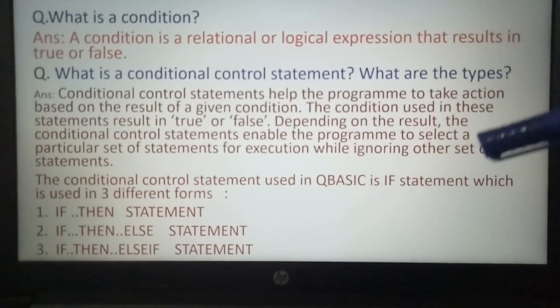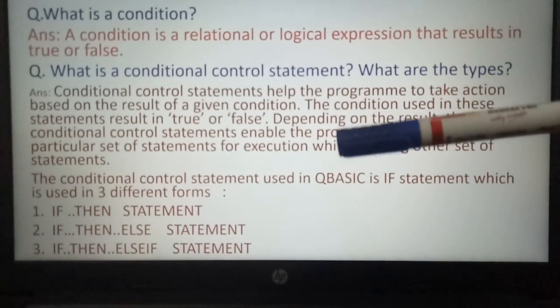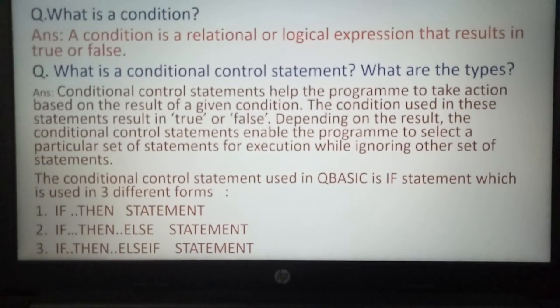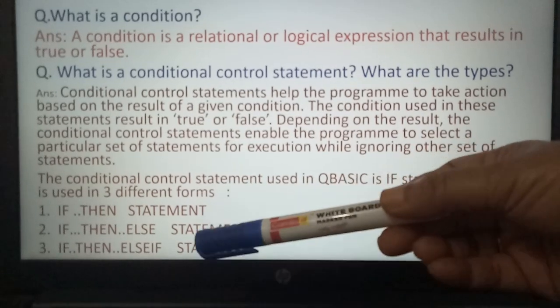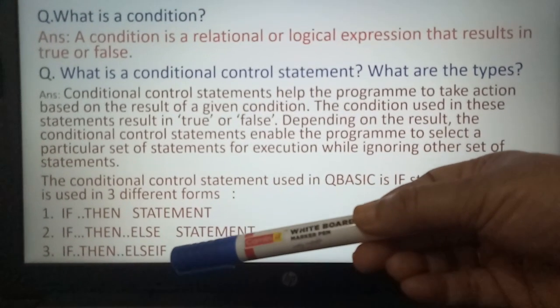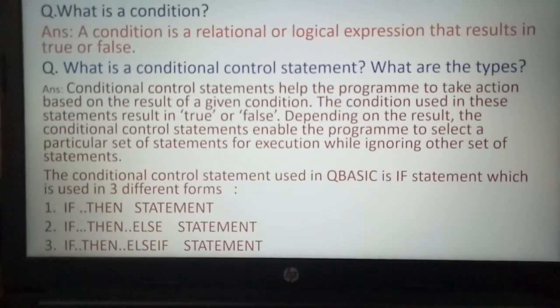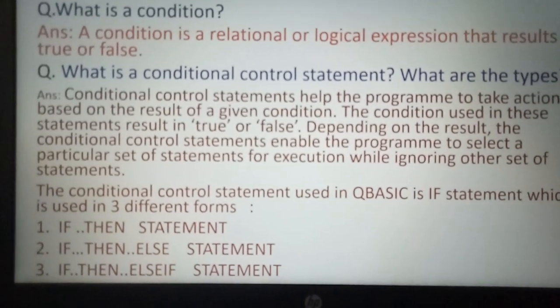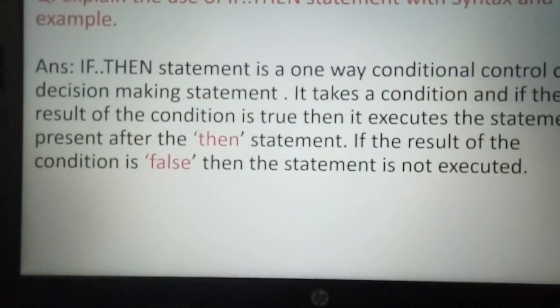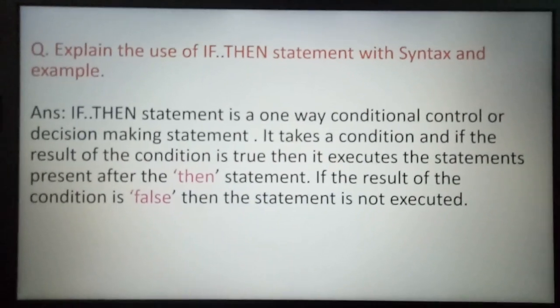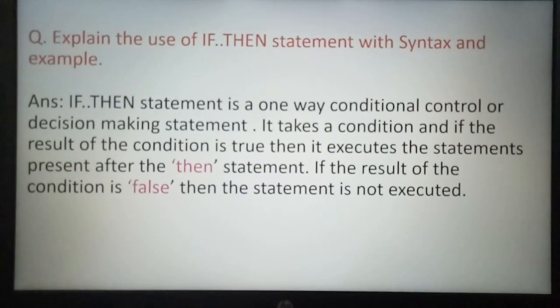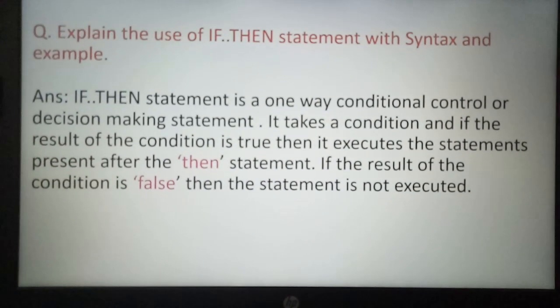So the statement used is the if-then statement, and it can be used in three different forms. First one is the if-then statement, the if-then-else statement, and the if-then-else-if statement. Let's learn the if-then statement. As you see, explain the use of if-then statement with syntax and example.